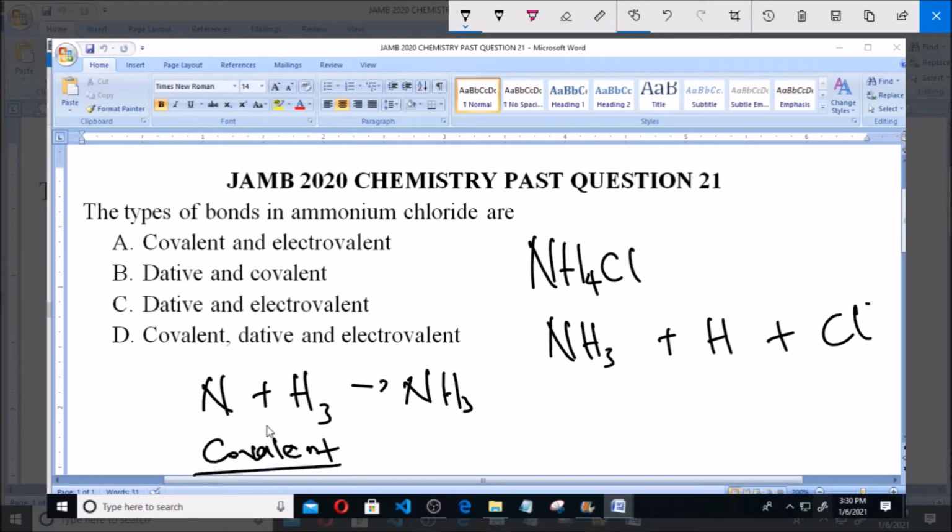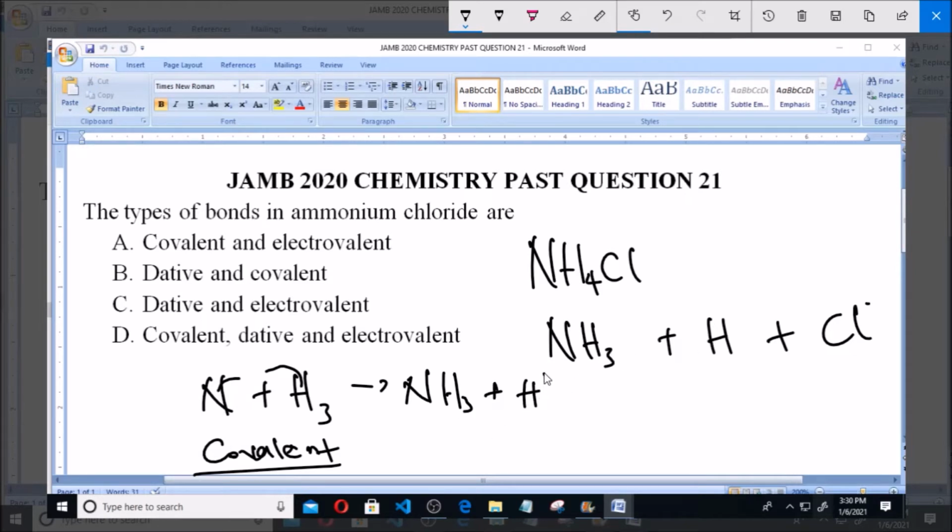2 atoms. Now sharing of this electron, the electron that are shared are actually donated by both atoms involved in the bond. That is, nitrogen will donate and the hydrogen atoms will also donate electrons to be shared, and we call it paired electrons. Now, ammonia, when formed, will combine with